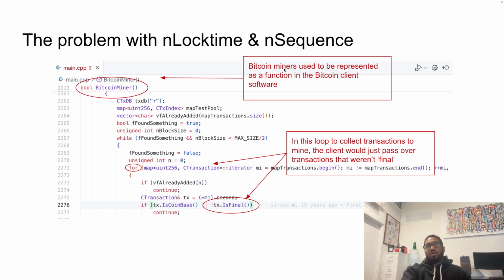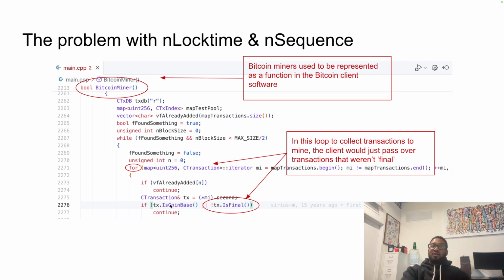In the original source code, Bitcoin mining was represented as a function in the Bitcoin client software. It was just bool BitcoinMiner. Bool is a boolean, which it returns. The function is named BitcoinMiner and took no arguments. This is where they'd collect transactions. You'd do this for loop, and it would go through this thing called mapTransactions.